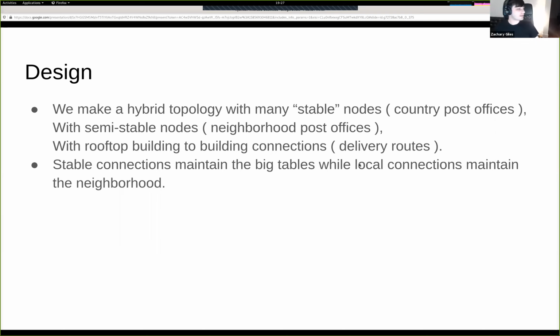Okay. So at NYC Mesh, we make a hybrid topology with many different stable nodes. These are kind of like the county or country post office. We have semi-stable nodes, which are kind of like your neighborhood post offices. And then we have some rooftop nodes, which are like delivery routes. And the stable connections maintain the big routing tables, and they share them to the lower nodes,